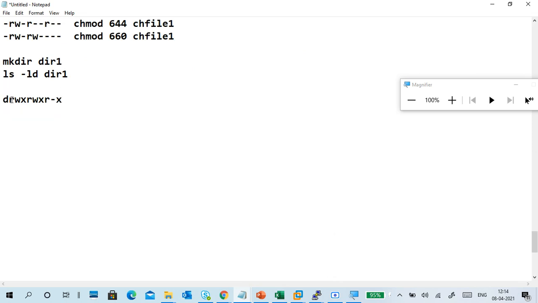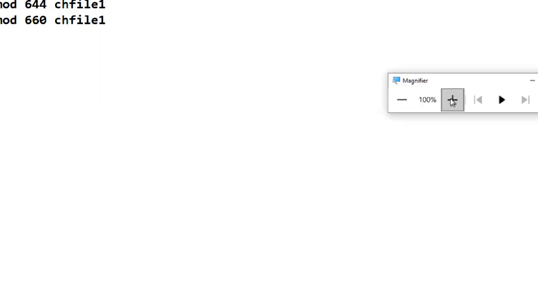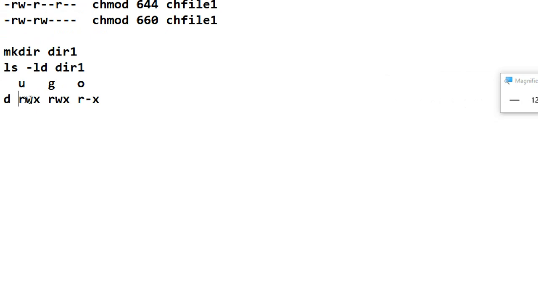D means directory. RWX means the user gets read, write and execute permissions, and the group also gets read, write and execute permissions, and others also get read, write and execute permissions.